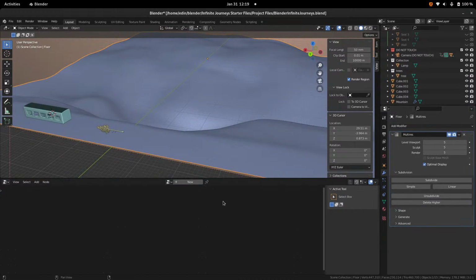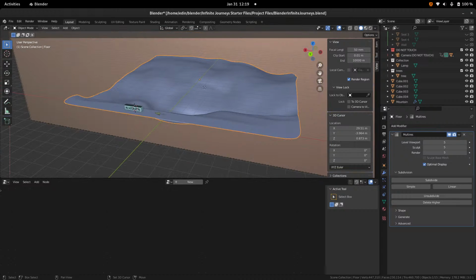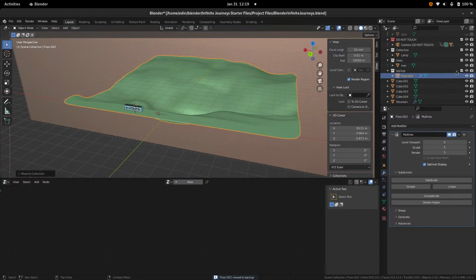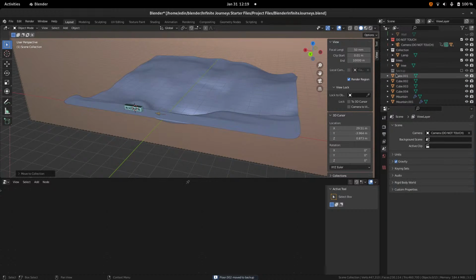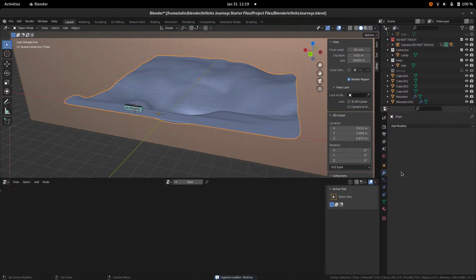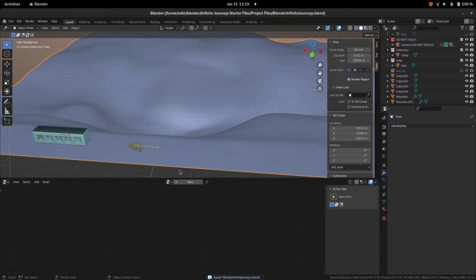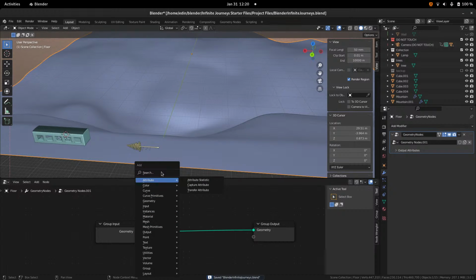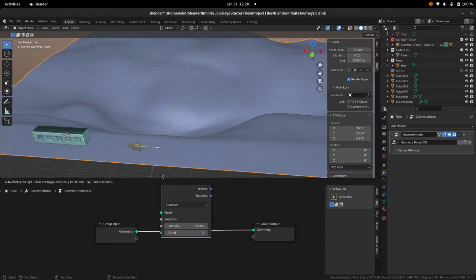Remove that. I have to add it in here. I think we'll duplicate this, move it into backup, so I can make changes to it in the future if I wish to, but then I'm going to apply the multi-res modifier. Okay, so let's add in a distribute points on faces here,